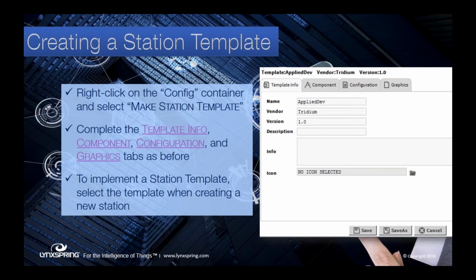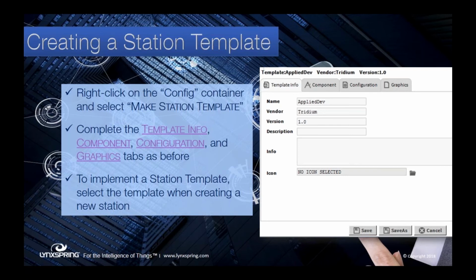Components will let me add or remove things from this station template. Configuration will let me have it prompt me for certain things that I want to know as far as defaults and things like that. Graphics will bring over all of the graphics that exist within your station. The difference here is I don't drag and drop one station on top of another station. That doesn't make any sense. And as we all know, when you're on our Jenny boxes, you can't have more than one station.